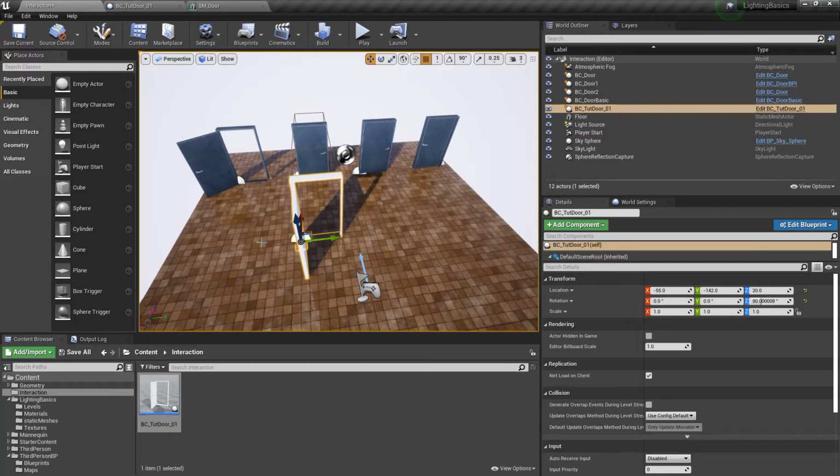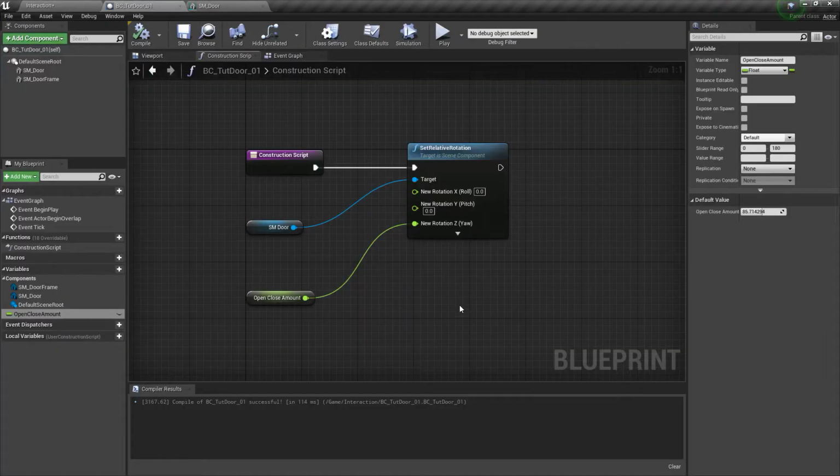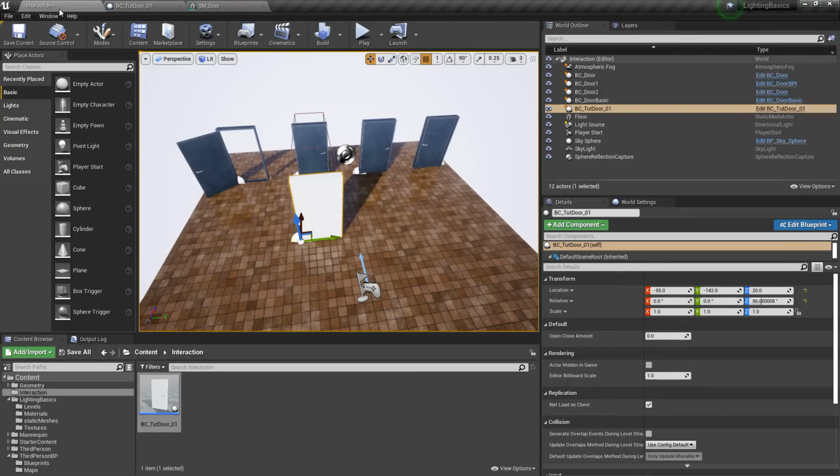But we want to do that on the fly as we're bringing our door into our level. So to do that, let's just set this back to its default, 0. And what we do is on this variable, we just click on this public. So clicking that little eye on makes that available publicly, which means, let's compile and save again, that now what we have on this is this value here, this open close amount. So now what I can do is I can open and close that on the fly, okay, between those different